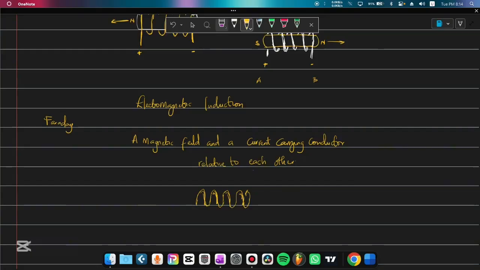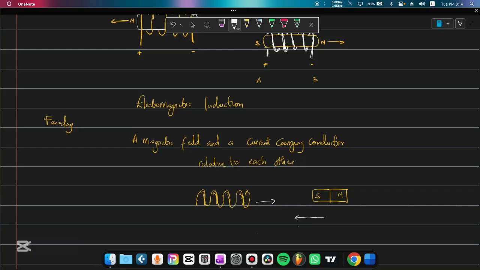And let's say this is, let me draw a magnet. Now, what did Michael Faraday discover? If I move this conductor towards this magnet, or I move the magnet towards the conductor, or I move both of them towards each other simultaneously,